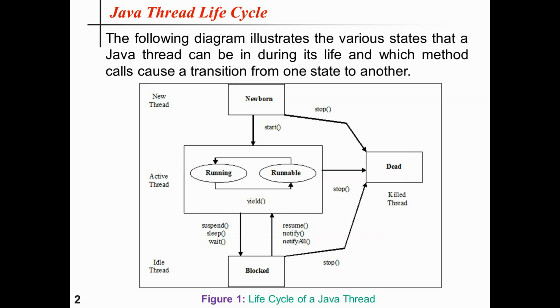However, we can kill a thread by calling the stop method. At any point of time, we can call the stop method and thereby cause a premature death to the currently executing thread object. Once in this state, the thread can never run again. So that is the specialty of the dead state.